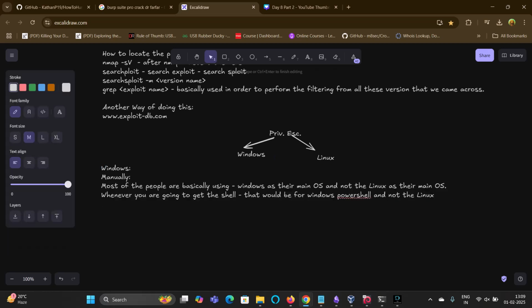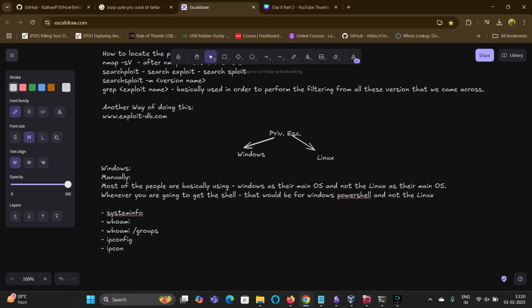Now moving on, I'll write down the commands for Windows so that you can take a screenshot of how to perform it manually. Firstly, systeminfo, in order to get the information about the system. Then we have the command whoami, and another command is whoami /groups, with a space, guys, do not forget the space like I forgot earlier. After whoami /groups, you can move on using the command ipconfig to get to know the IP address of the system that you are in.